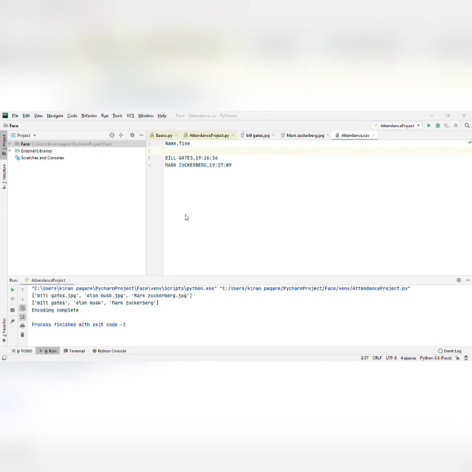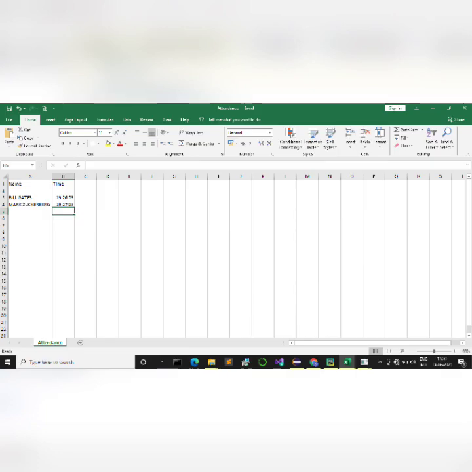So your proxy, which people do in colleges or some schools, is not possible. Here is the name column where the name of the person is marked, and a time column where the timing of the person is marked. Here you can see the names: first is Bill Gates and second is Mark Zuckerberg.